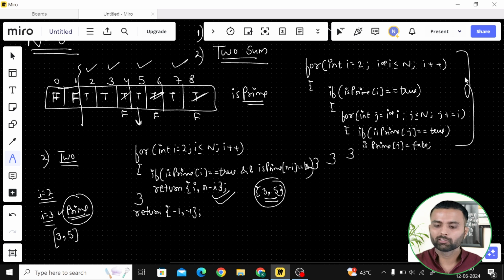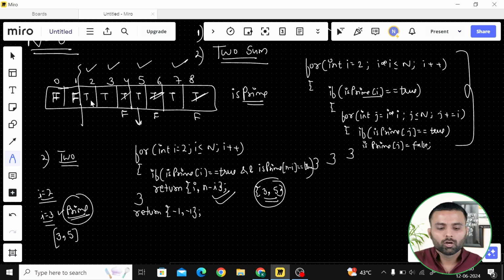So in the sieve algorithm, we are pointing to I equal to 2, and if it's prime, I am making its multiples false because those are not prime. If you see here, I'm checking it and going into the loop and checking, hey, its multiple is true. Yeah, it is true. So let's make it false. So in this manner, I'm using that.